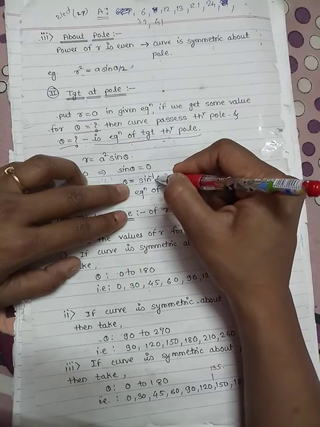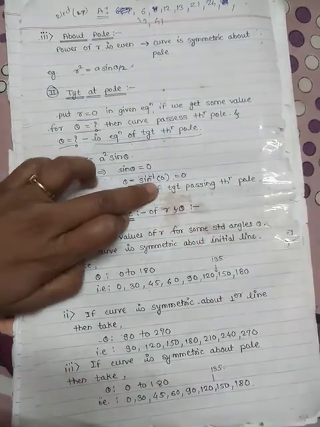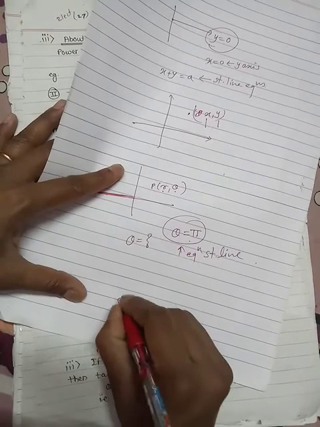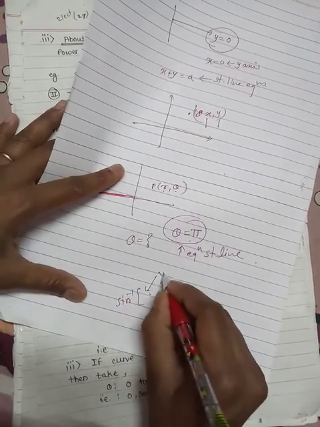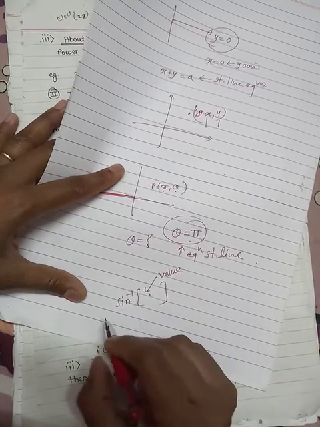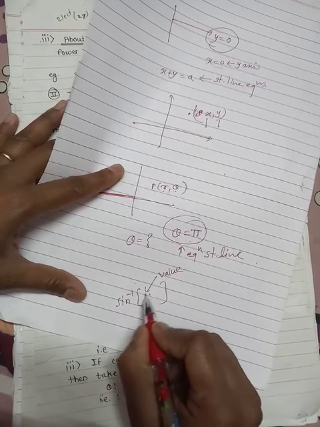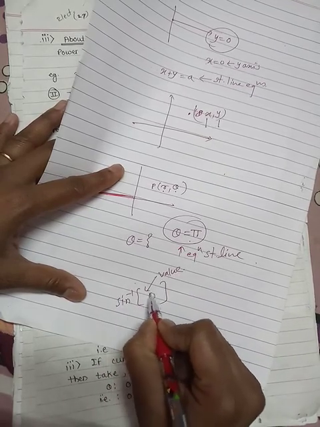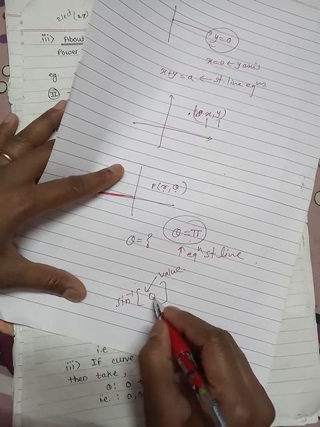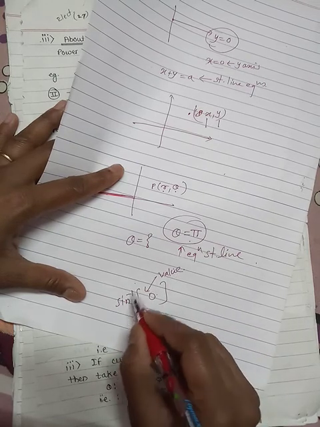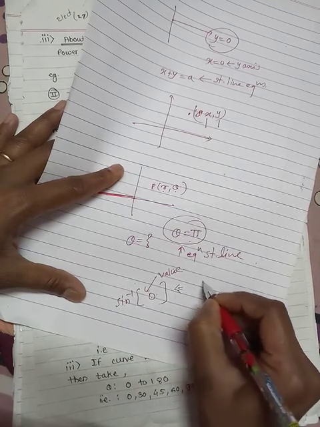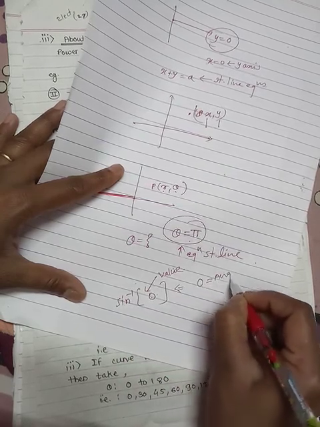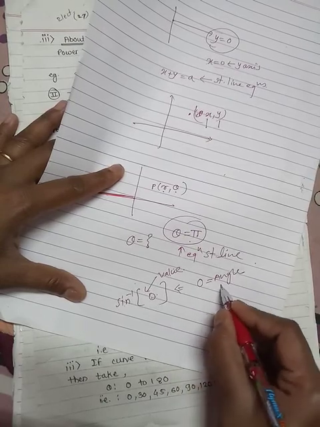Or, for what angle sin inverse 0 means: when we write sin inverse and this bracket, that bracket contains the value. For which angle this value is this. So if we write this 0, 0 means not the angle, 0 is your value. So for what angle is the sin value 0? So the angle is 0. So this 0 is your 0 angle.